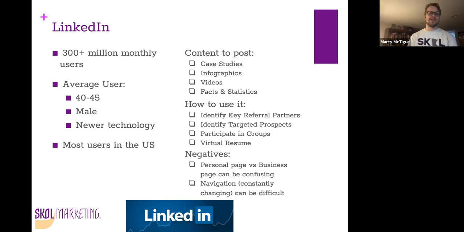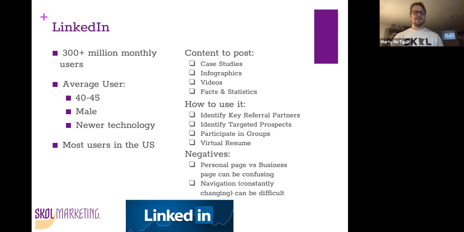LinkedIn is our next platform. So LinkedIn, there are 300 plus million users. Tends to be the older demographic, tends to be male, sales and marketing related, newer technology, and most of the users are in the US.